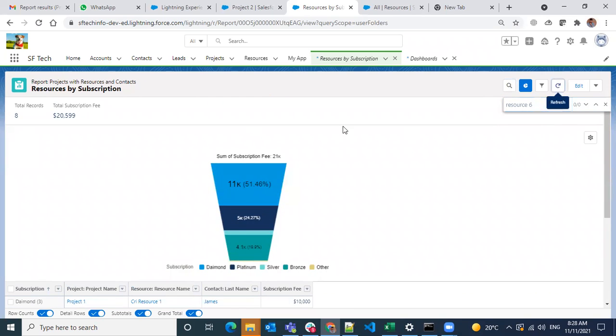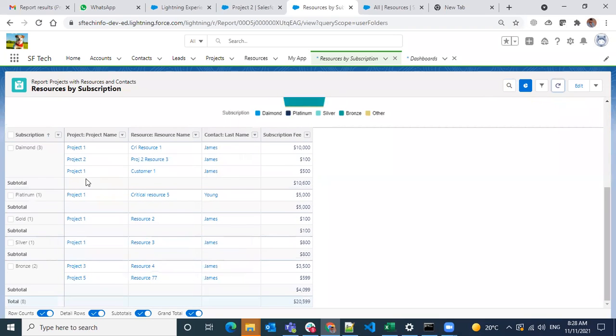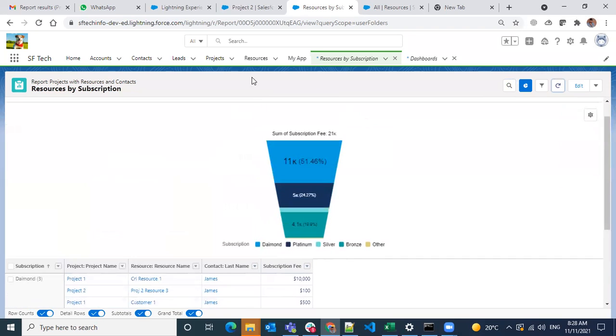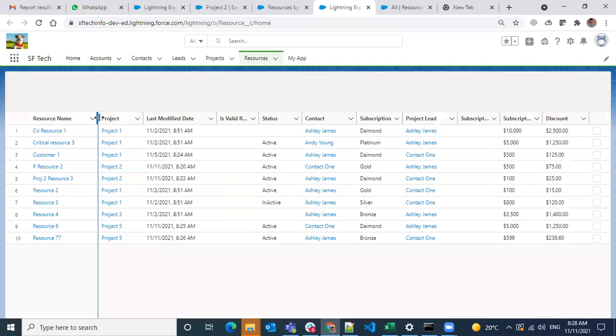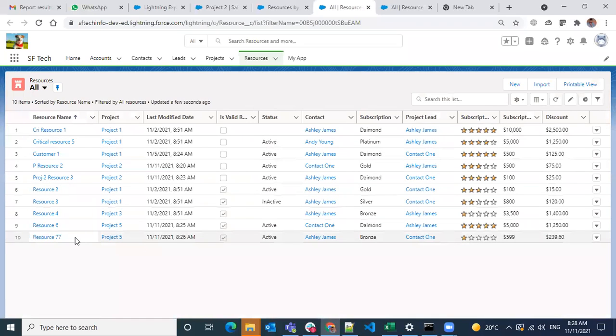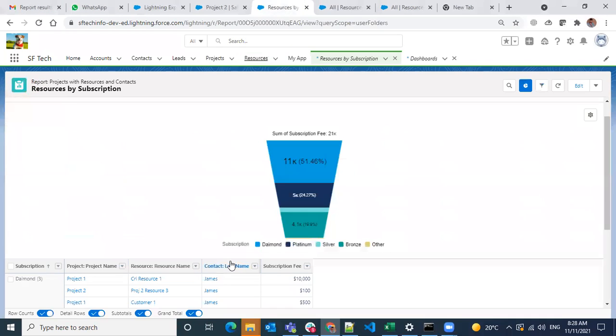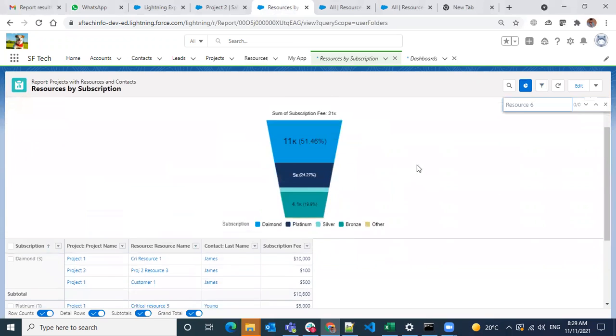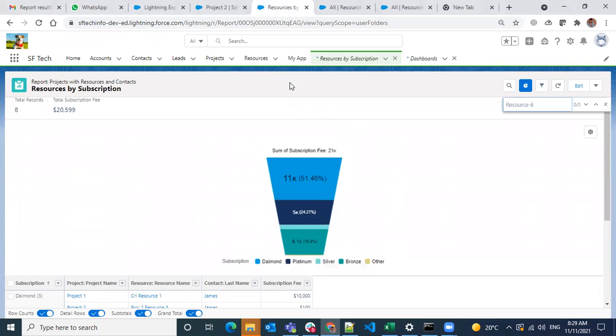We see 8 records. So a total 10 records here. Still resource 6.